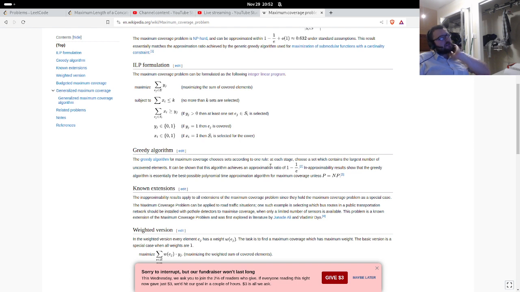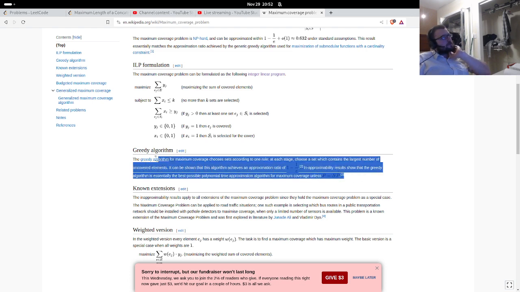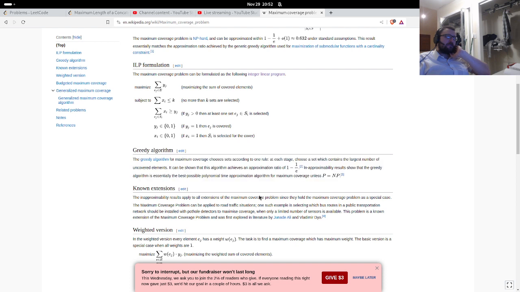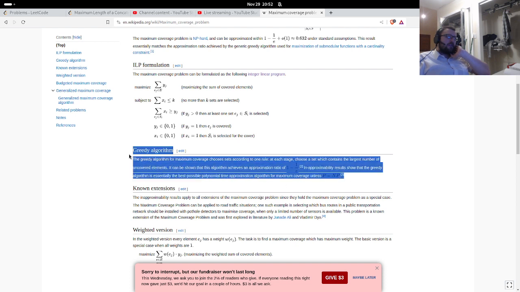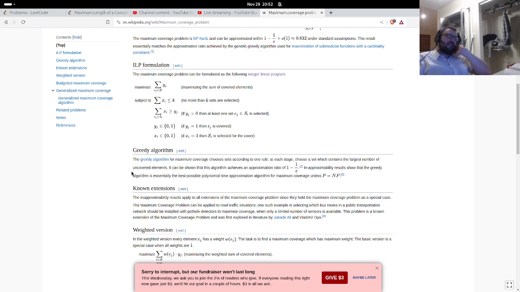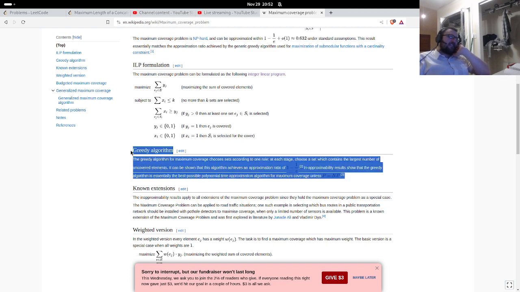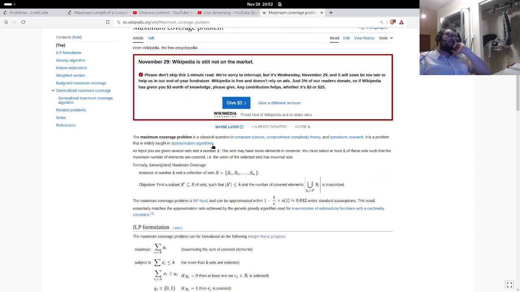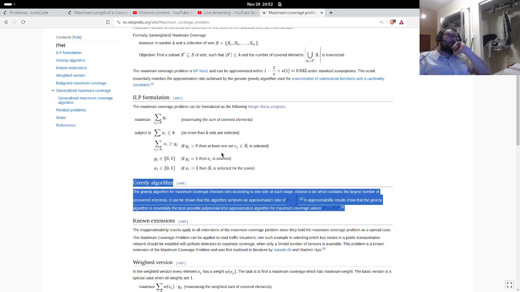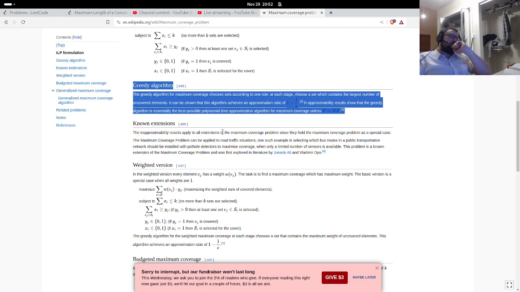One minus one over e. Essentially the best possible polynomial time approximation algorithm. Wow. I was like, greedy algorithm? It's pretty amazing.